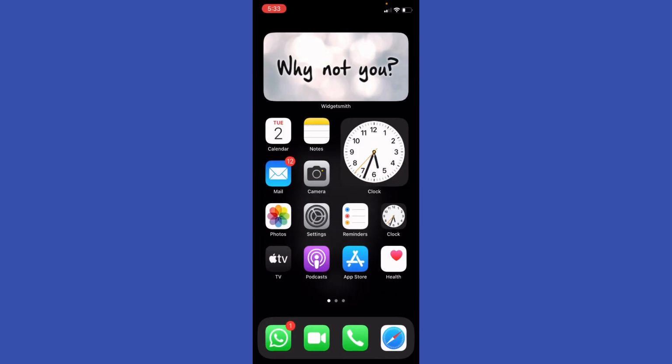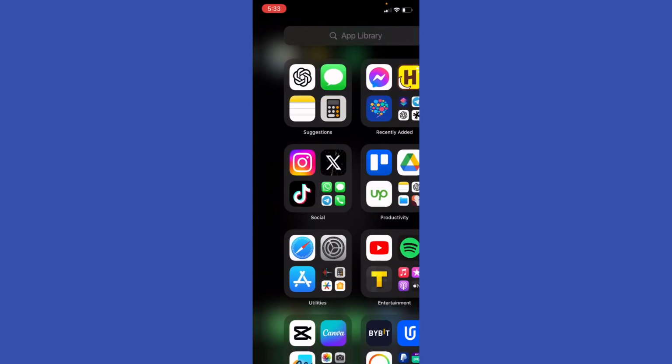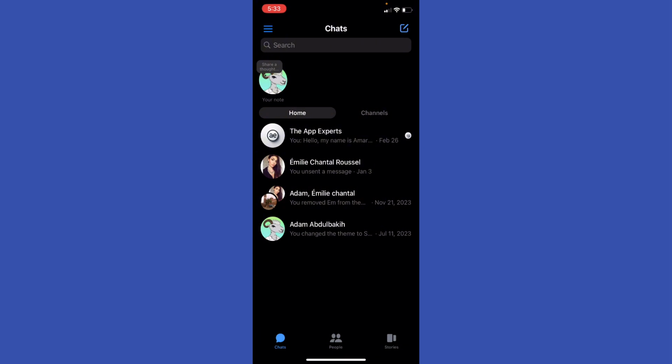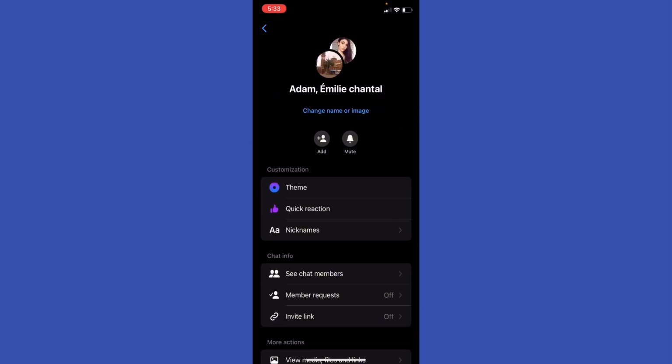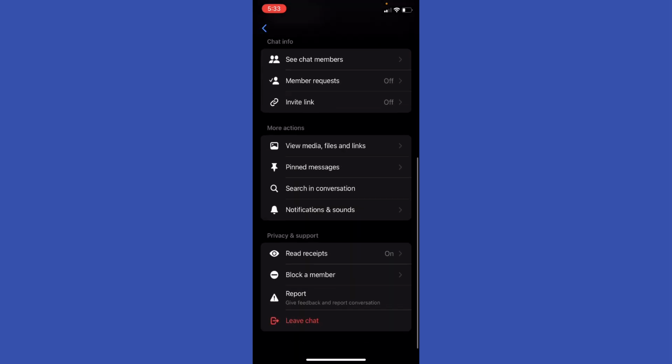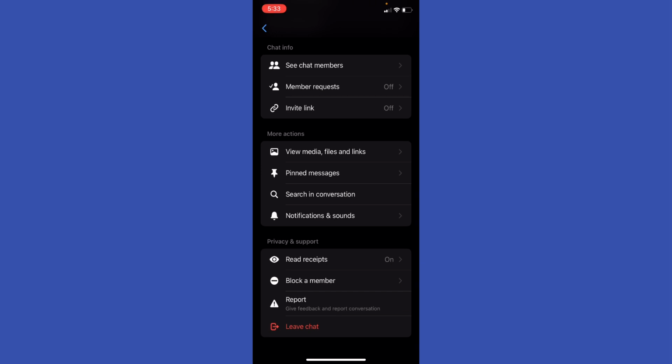Now what I'm gonna do, I'm gonna just go ahead to the Messenger app. Okay, so I'm gonna just go ahead and open up the Messenger app, and I'm gonna go ahead to this group, for example, and I want to restrict that group. So what I'm gonna do, I'm gonna just go ahead and click on the name of that group at the top, and basically scroll a little bit down, and you won't find an option that allows you to restrict the